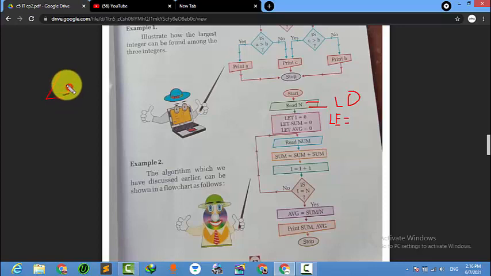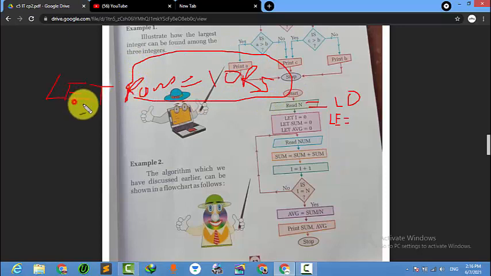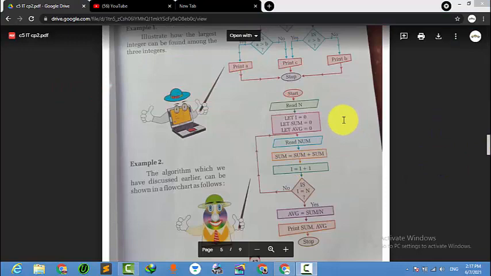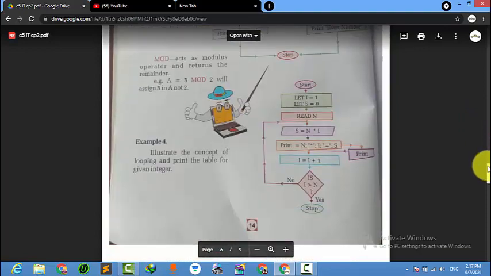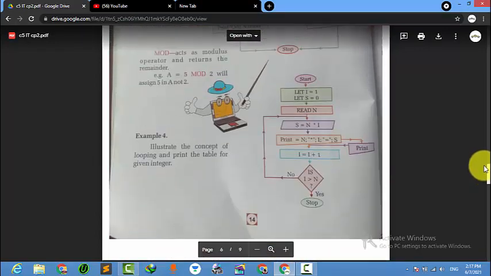Suppose I write let Ram have 10 rupees. What does it mean? It means Ram has 10 rupees, right? So let is used for assigning some values to someone. So let i be 0 means i is having 0. Then let sum and average be 0. Then read num, then it will repeat again and again. This part you have to do on your own. Then the next part, so the next